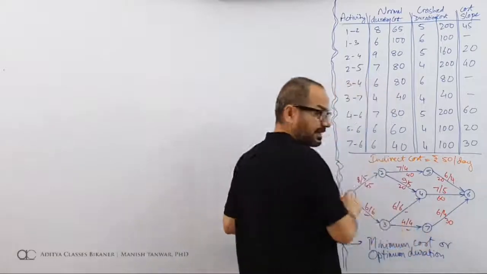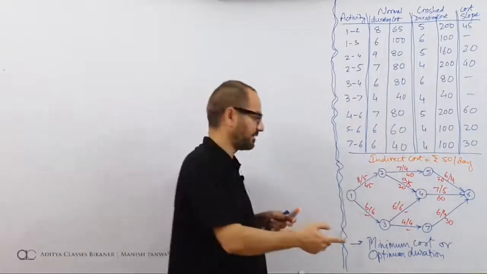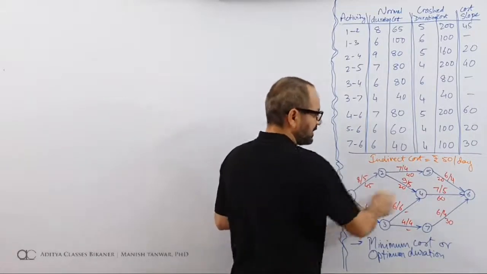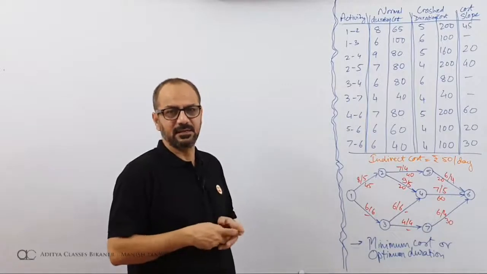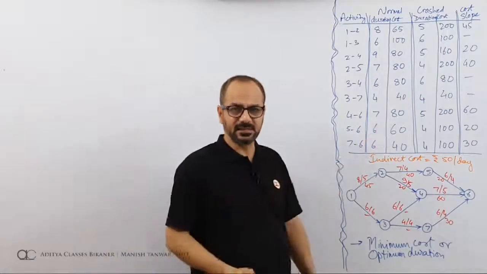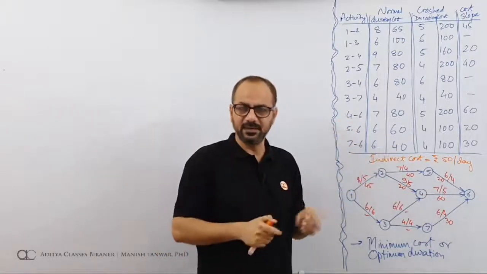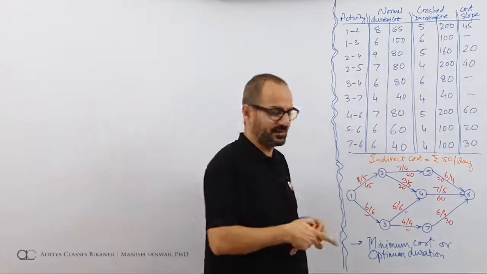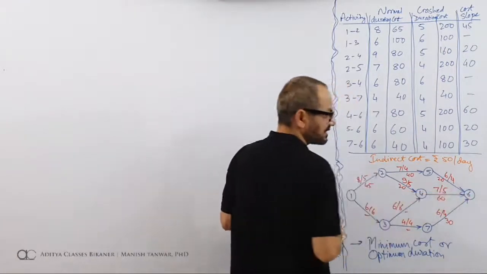How do we calculate critical duration? We find out all the paths from the first event to the last event. The first event in this network, if you see, is 1, last event is 6. How do we identify first and last events? First event is the one through which only outgoing activities can be seen, and last event is the one where only incoming activities are there. There is no outgoing activity. This you can check in previous videos also. Here we can see that 1 is our opening event, 6 is our closing event.